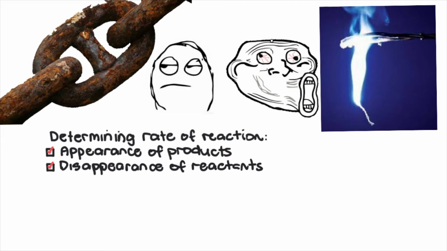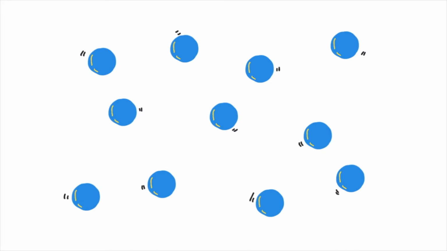It's all to do with the collision theory and the kinetic energy of particles. All particles in a substance are always in some sort of random motion. Chemical reactions occur when these particles collide with sufficient speed and in a correct orientation. Let's track a few of these particles. If these two particles collide, their size, speed, and angle of collision will determine whether they bounce off each other